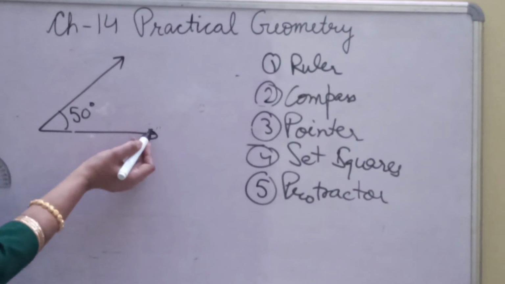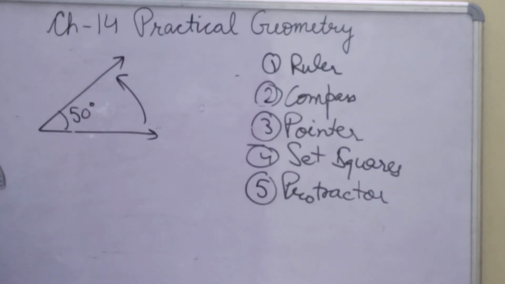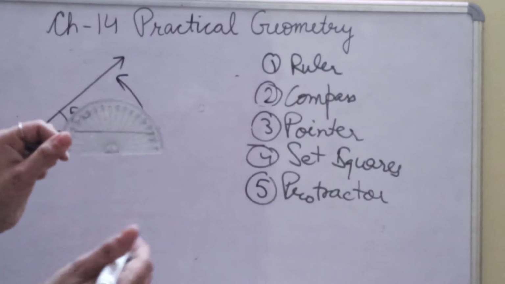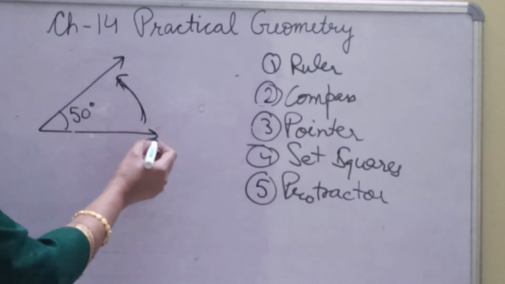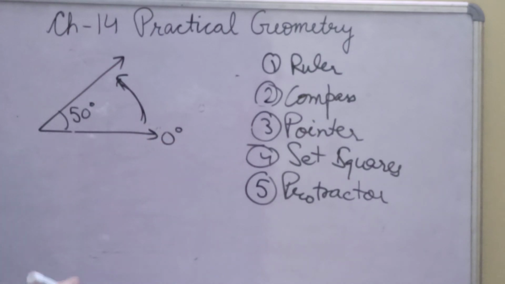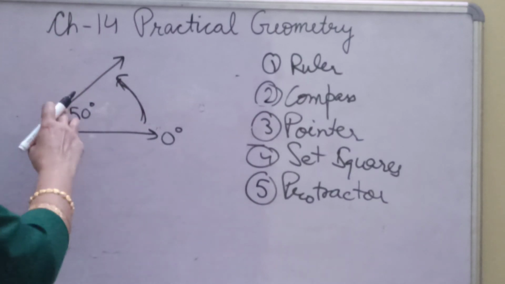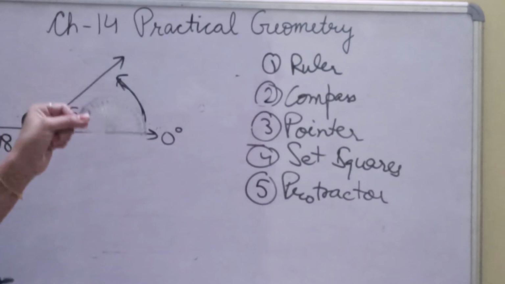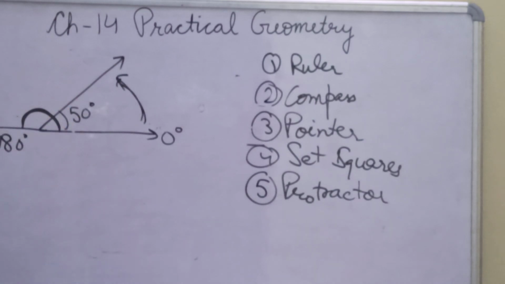Now as you are measuring from this side, you will count from 0 here. Both things are given here, 0 and 180. So as you are measuring this way, here you take it as 0 degrees, and then you count 10, 20, up to where this line comes. So it is on 50 degrees. So that will be our 50 degree angle. If we make it straight, then this complete angle is 180 degrees, as it is a semicircle.